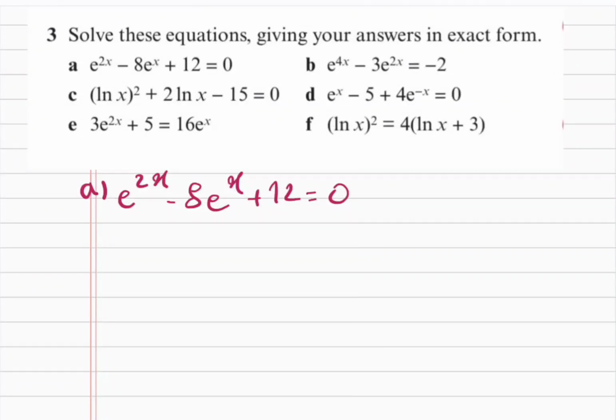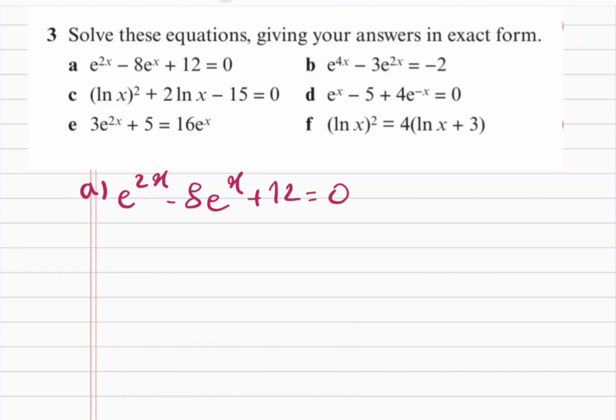In this video is exercise 14G question 3 part A. So we want to solve this exponential equation, which is e to the power of 2x minus 8e to the x plus 12 is equal to 0. Right, so in this question